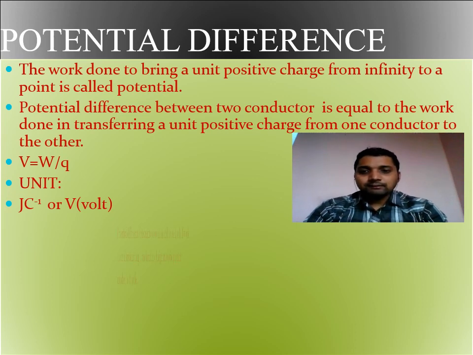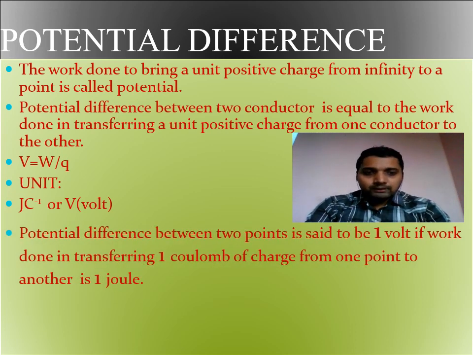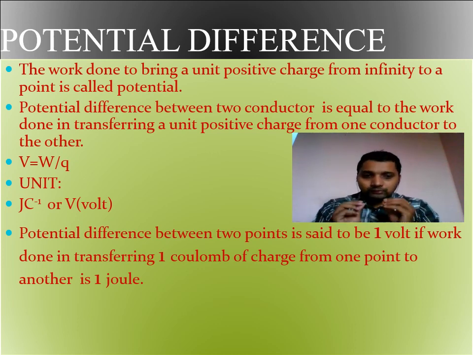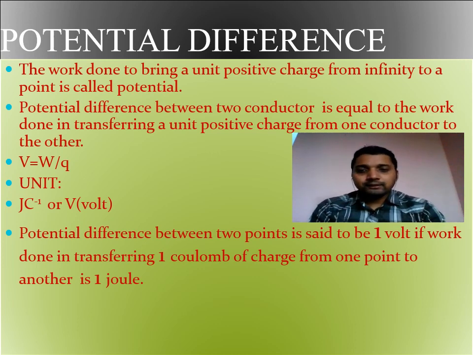Next, we can see how to define 1 volt, because we choose a unit that should be well defined. How can we define this potential difference of 1 volt? When 1 joule of work is done to move a unit positive charge of 1 coulomb from one part to another, the potential difference between them is said to be 1 volt. Or the potential difference between 2 points is said to be 1 volt if the work done in taking 1 coulomb of charge from one point to another is